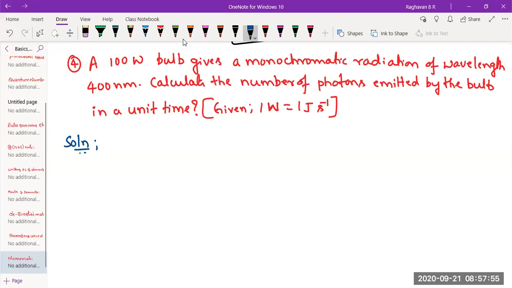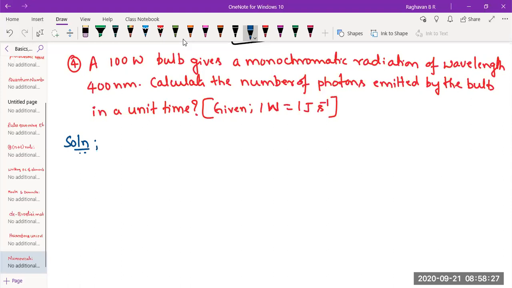Okay. And then the energy of a photon, the formula. Correct. Lambda has been given as 400 nanometer. That is sufficient to find the energy of one photon. Sir, the formula will be total energy by energy of 1 photon, no, sir? Exactly. That's all. Total energy is 100 joules per second, that is 100 watt, divided by the energy of 1 photon.